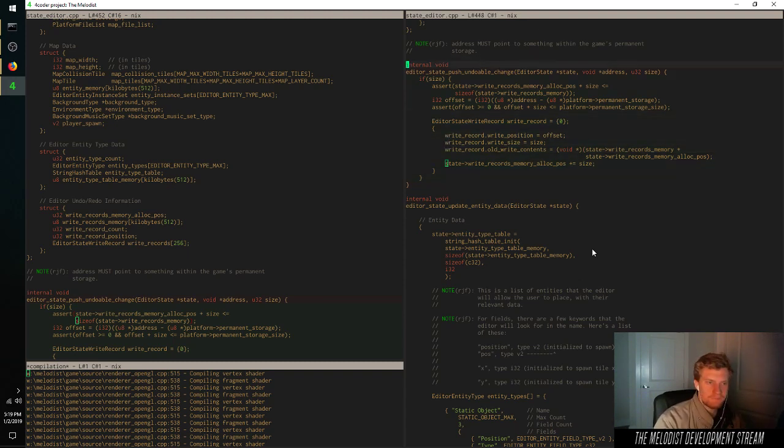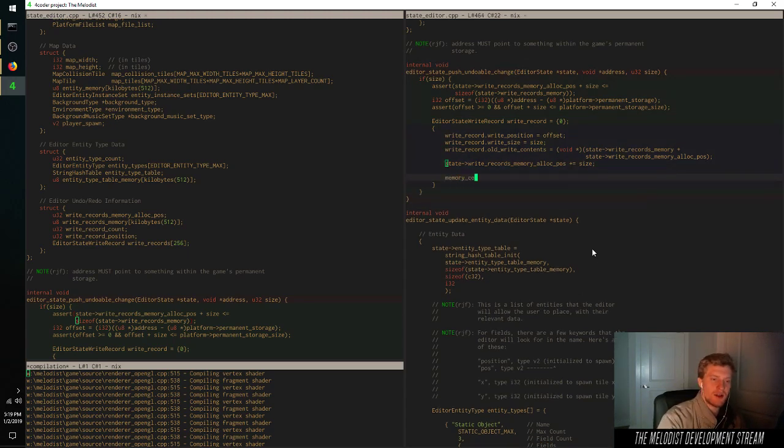And then all we really need to do is copy into that space. So we'll say write record dot old write contents, we'll copy into that from the address size bytes, and then we'll be good there. So now we're building up this buffer,